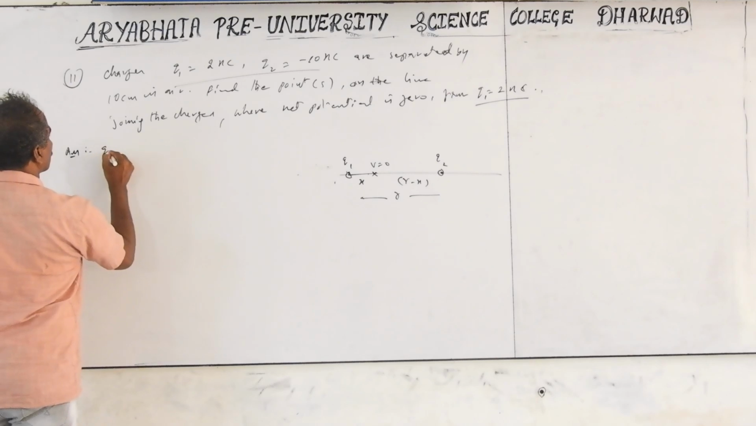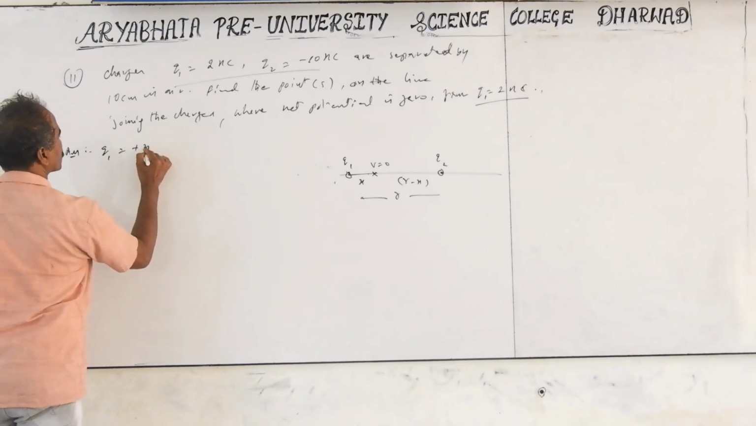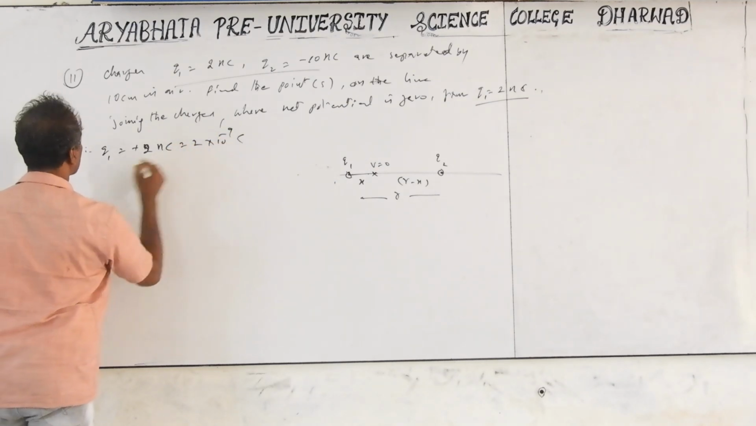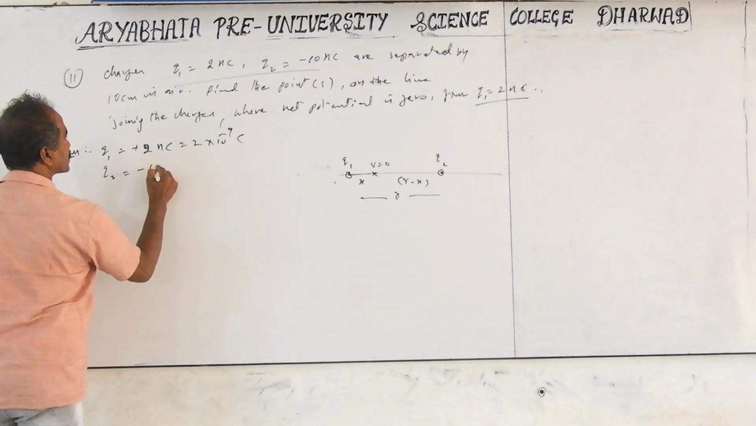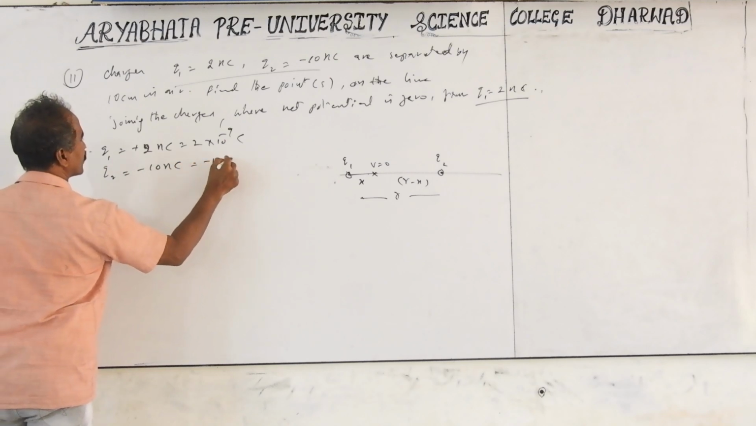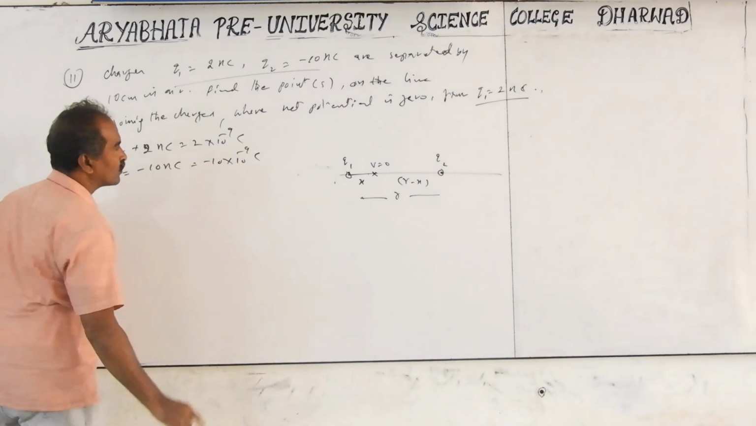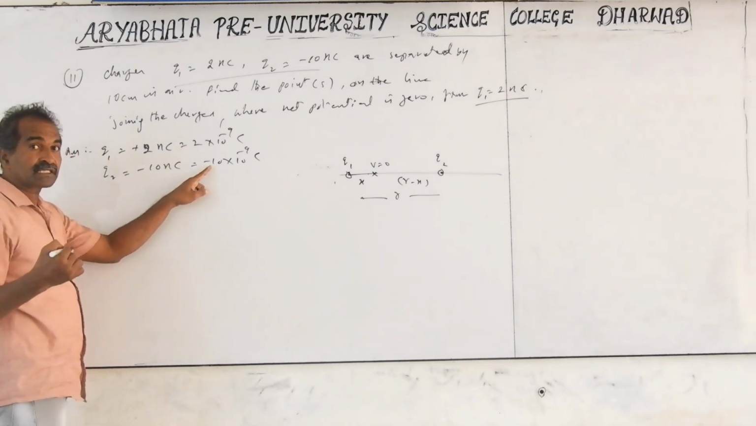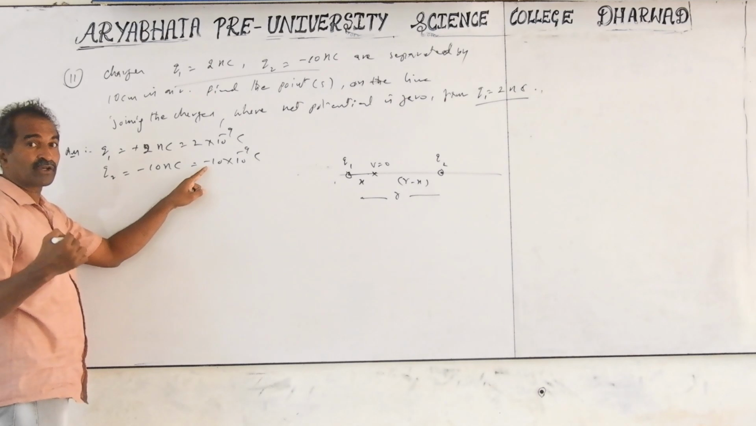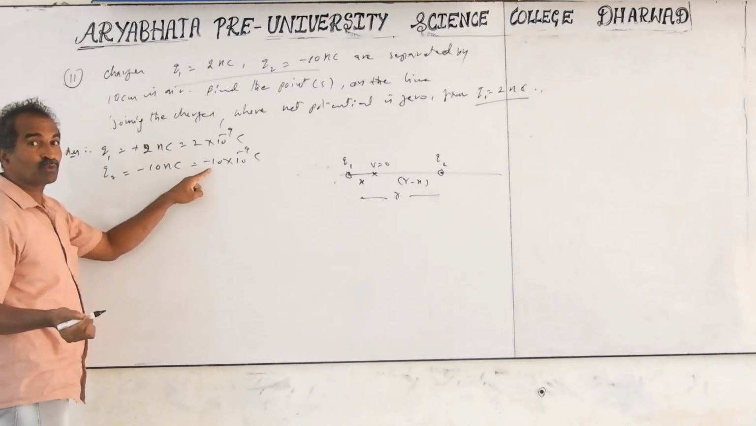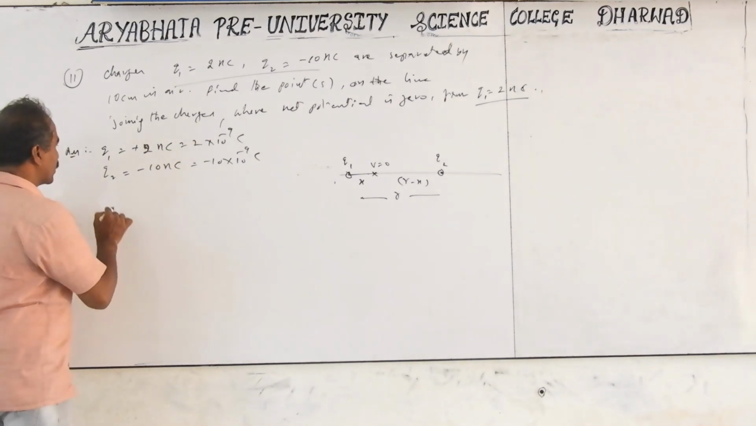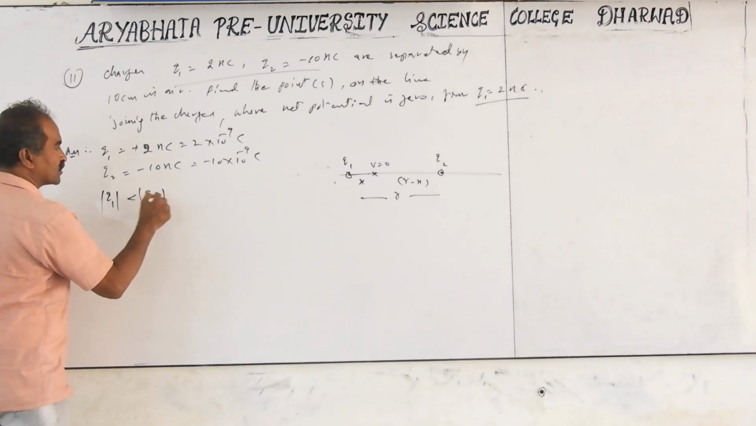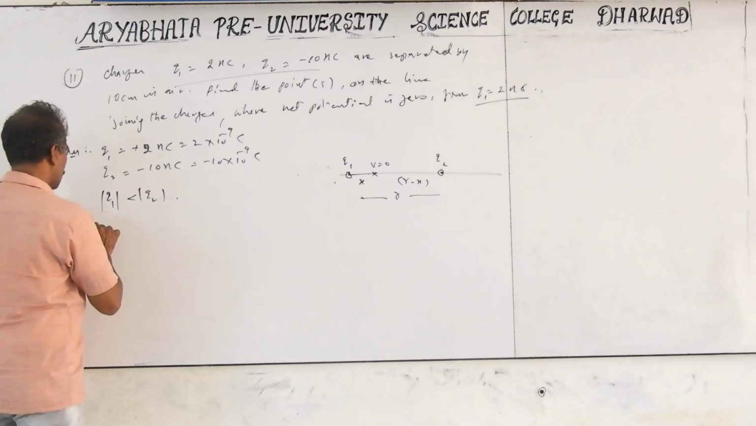Q1 is plus 2 nanocoulombs, which is 2 into 10 to the power of minus 9 coulombs. Q2 is minus 10 nanocoulombs, which is 10 into 10 to the power of minus 9. But you have to compare only by magnitude, not by sign. Generally minus 10 means less than 0, very low, but here we take which is more: 10 is more than 2. You have to verify the magnitude. So Q1's magnitude is less than Q2's magnitude, meaning Q1 is the smaller charge. So the net potential